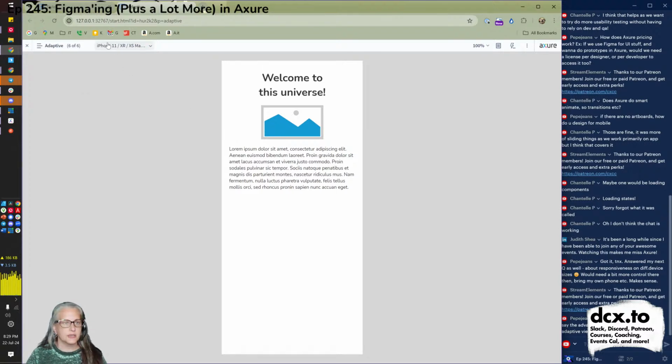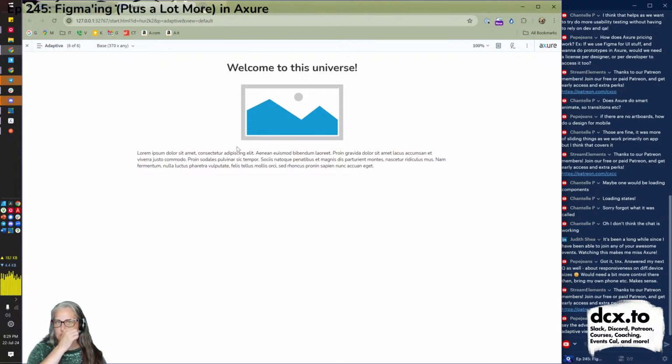And so usually, I don't know why it's not switching to this. I shouldn't be getting adaptive right now. I should be getting the full screen. So that's a little funky. I would be writing to support about that. But you can kind of see where this is going, where you can create one design and lay it out and slightly adjust it for different sizes. I kind of like it.